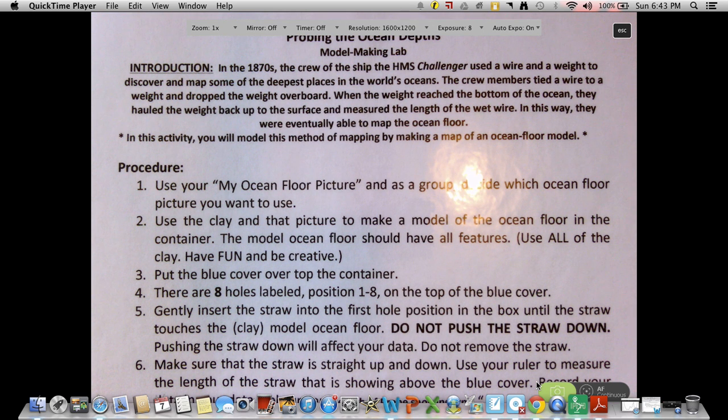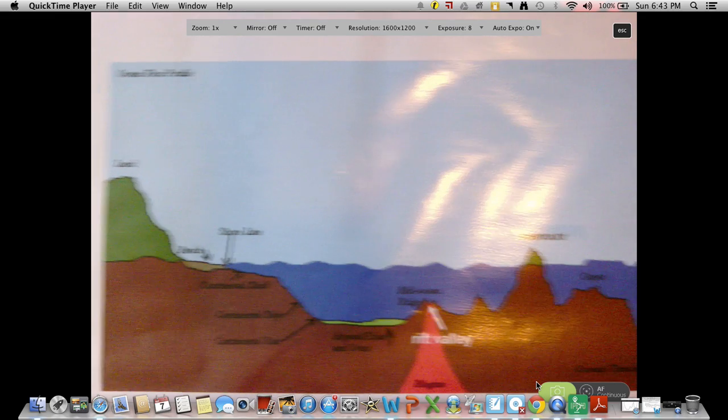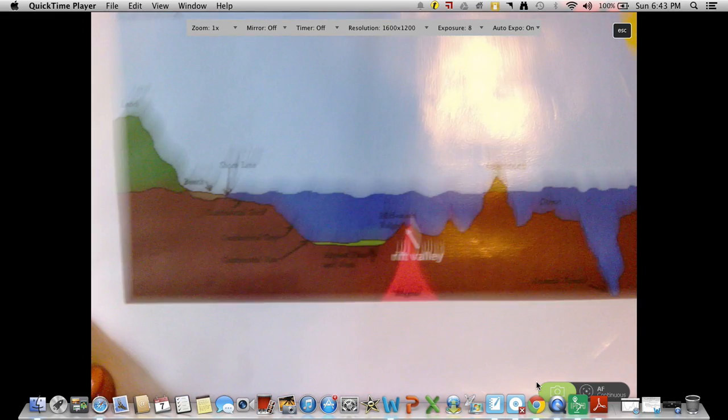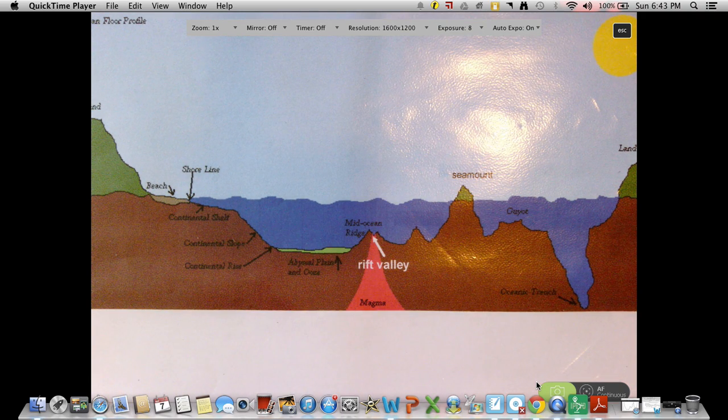So in this activity, you will model this method of mapping by making a map of the ocean floor model. So we're going to use our picture of the ocean floor and decide which picture we're going to use, but because you're watching this online, I've already decided for us, and we are going to use this picture to map out the ocean floor. Notice it has all of the features. There's a continental shelf, continental slope, continental rise, abyssal plain, mid-ocean ridge, a rift valley, a seamount, guyot, and a